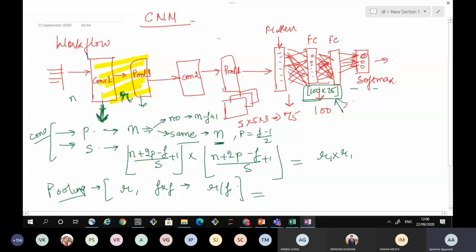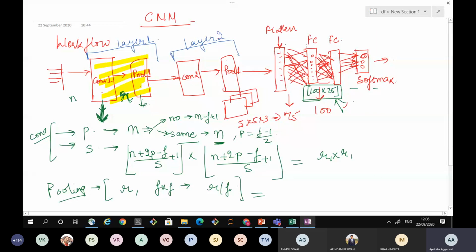I will call this layer 1. So one convolution plus one pooling comprises one complete layer. This is called layer 2. If I'm talking about a two layer convolutional neural network, it has two convolution layers. So the first convolution layer will comprise this and this, and the second is this and this.